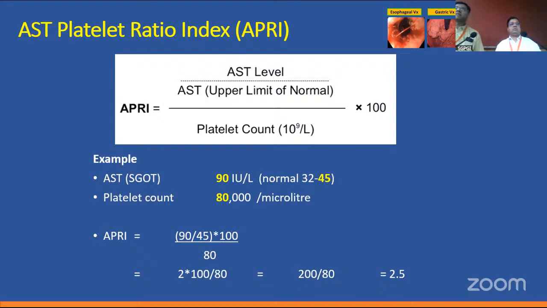Now that we have come up with FibroScan, you have FibroScan only in cities, ma'am. 90% of the population is living outside, and they don't have access to it. We suspect on the basis of APRI or FIB-4, then we confirm by transient elastography. Actually, in PHCs and CHCs, I think we don't have good quality ultrasound and chest X-ray available. So thinking about FibroScan will be a big thing, ma'am.